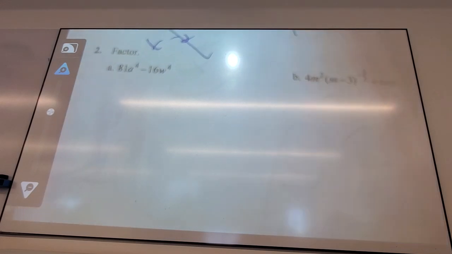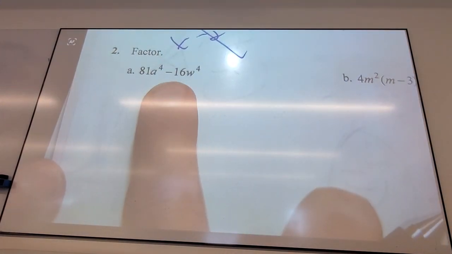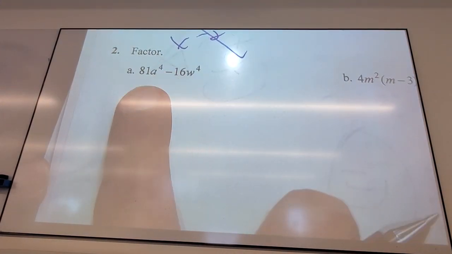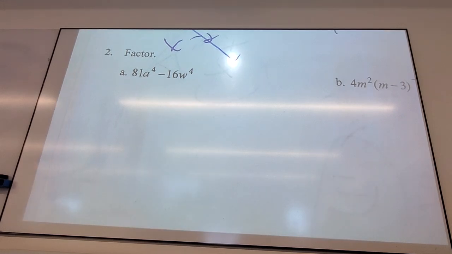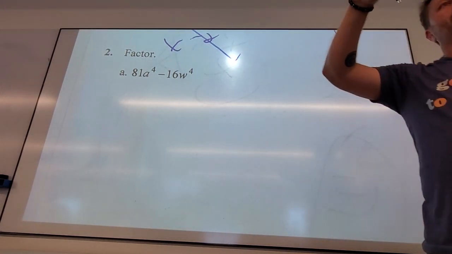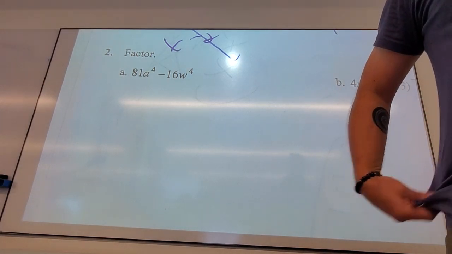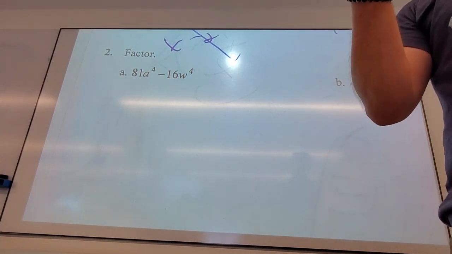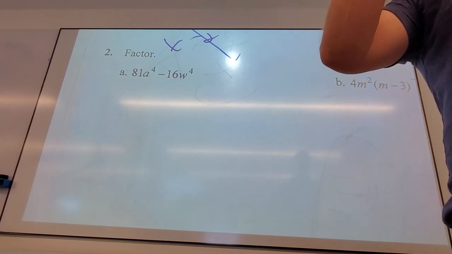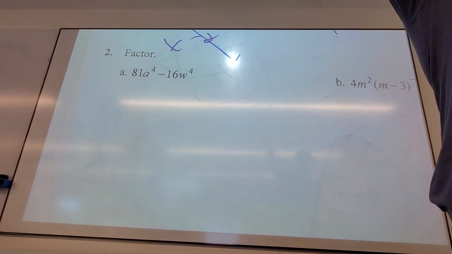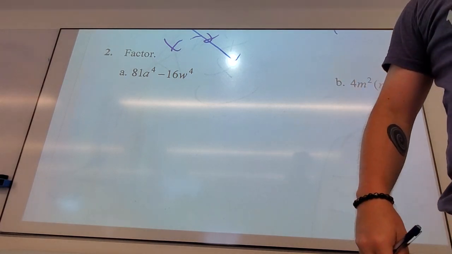So the next big thing we got to remember is how to factor stuff. I saw a few right answers for this guy. I saw a few that went further than I really thought you would go, which is awesome. How many terms are there in this problem? 2. 2 terms, because what are terms separated by? Minus and plus. So this one's got 2 terms. So what could it be? Either squares or